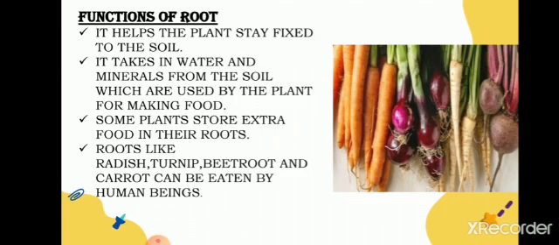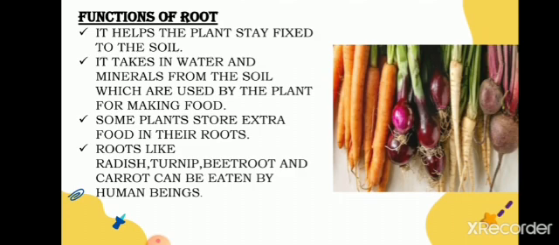So what is the main function of these roots? We were discussing tap root and fibrous root. What are the roots doing? They keep the stem fixed to the soil. When I pour water over the soil, they absorb it and the stem takes the water to other parts of the plant, which is very useful in preparing food for the plant.